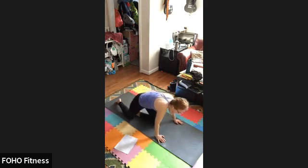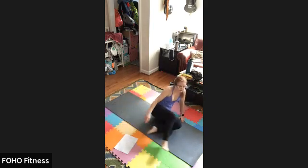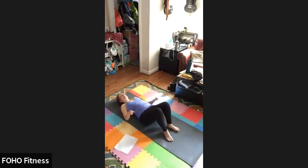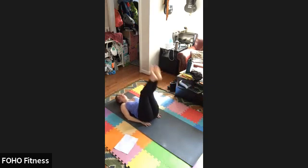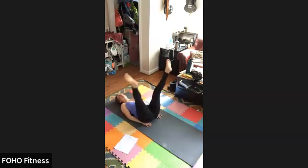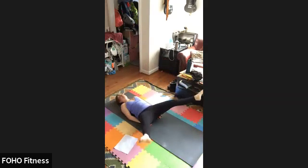Coming back onto our backs, let's do some lower leg lifts and raises. You can bring your thumbs underneath your glutes to give yourself a little more leverage. We're going to start with our legs together. Slowly lower, slowly lift. Open the legs into a V. Slowly lower,